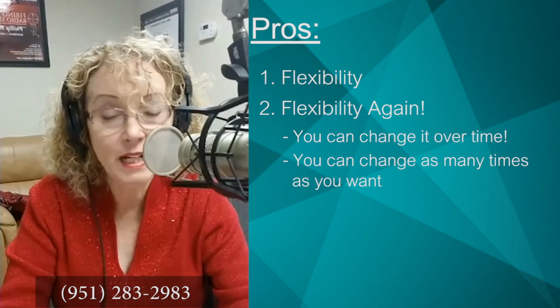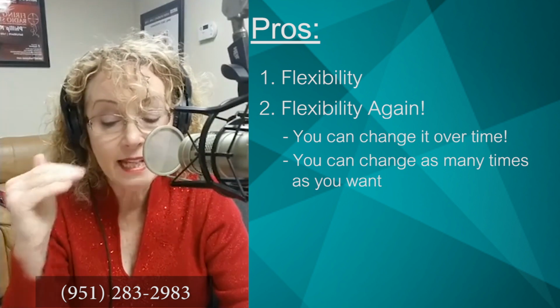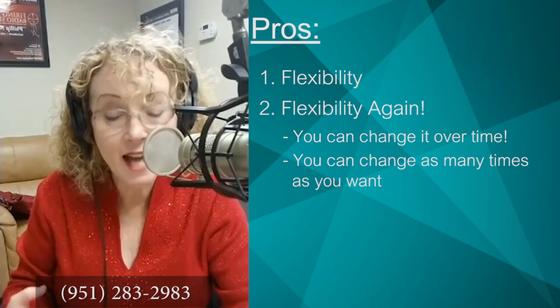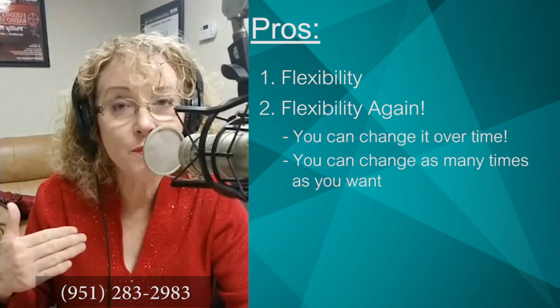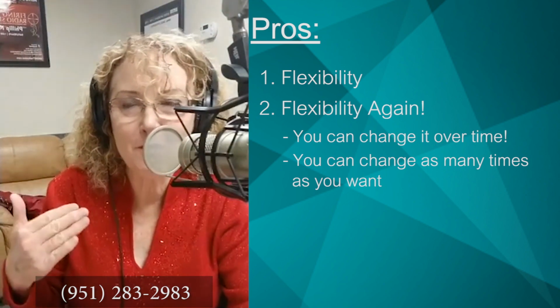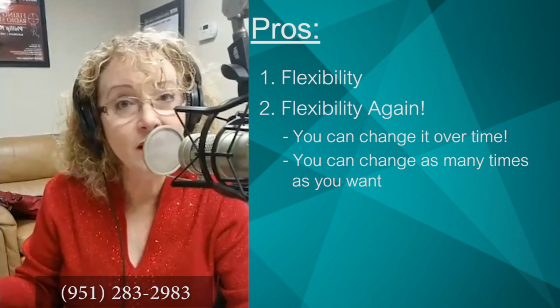I love it when my clients set up a reverse mortgage in that growing line of credit that they can manage over time. They can withdraw lump sums as they need it, or they can kind of mix it up. I also like it when my clients call me when they're thinking about changing it up. I love to be involved in that. So if you have your reverse mortgage, if you got it from me, heck, if you got it from somebody else and you're thinking about changing it up, give me a call,